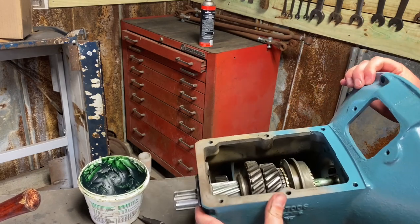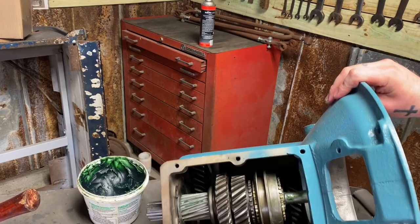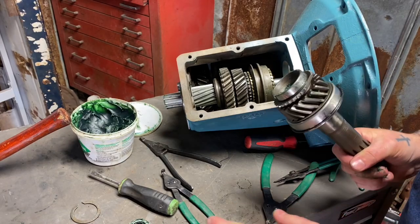Locked into the tab. And I need to keep making sure you guys can see what I'm doing. Okay, now we're ready to put our input shaft on, and I'm realizing just now I might not have mentioned it